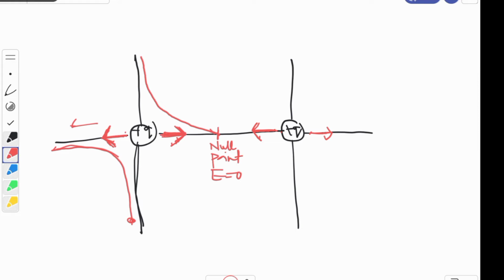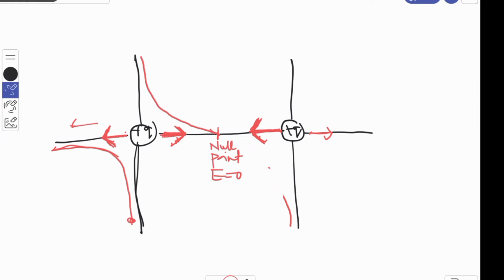Now come to this point. Okay, here it is towards the left, you can see. Come to the second charge, it is again towards the left, as you can see. Towards left means we have to plot the graph in the negative y-axis. So near the charge your electric field will be maximum, and as the distance increases,